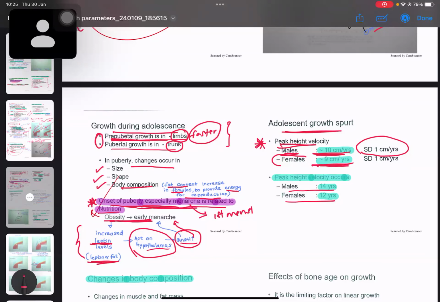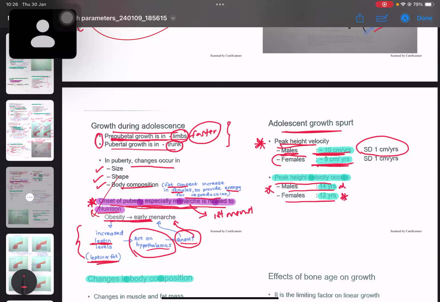And usually this would be an MCQ stem, a true or false stem: just in females, peak velocity 10 centimeters per year. That's wrong because it's 9 centimeters per year. The peak height velocity occurs for males at 14 years of age and for females at 12 years of age. And